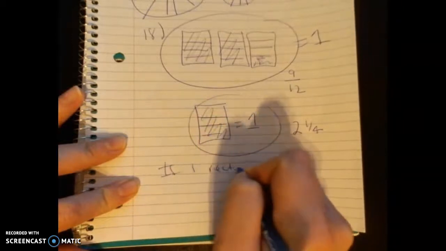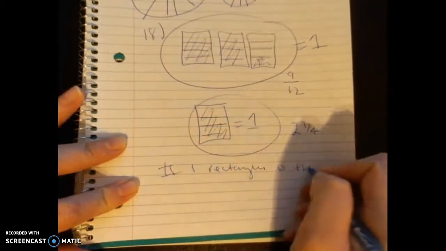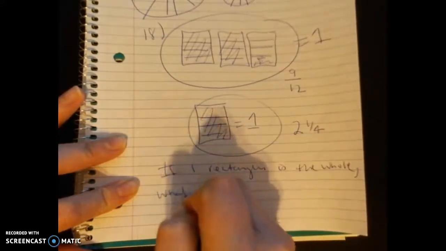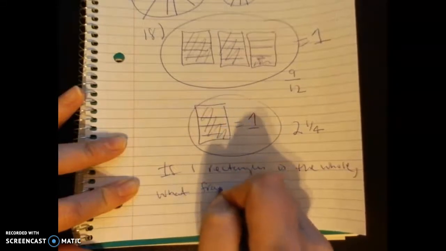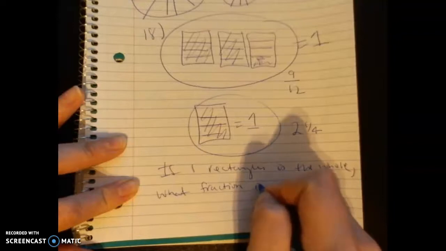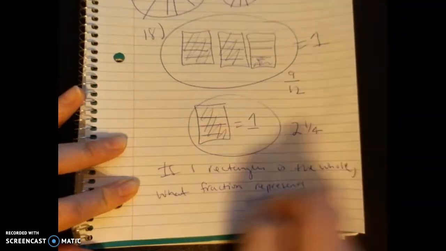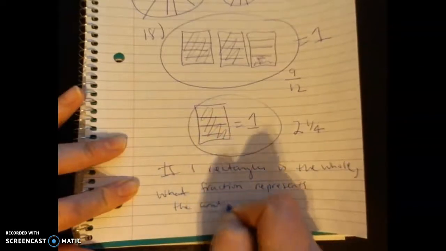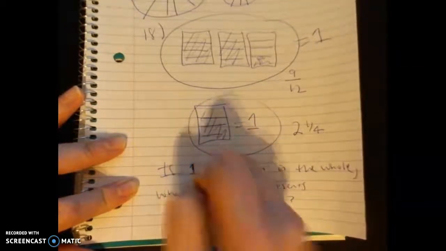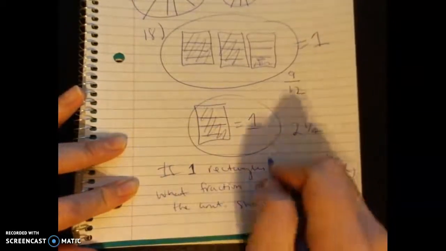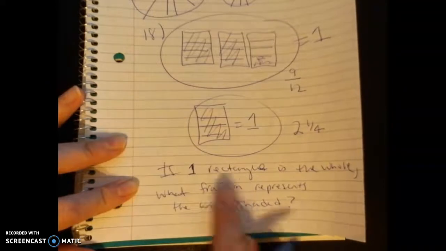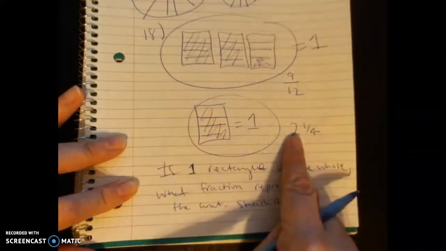And then again, if I want it to be unambiguous, I would have to say, if 1 rectangle is the whole, then what fraction represents the amount shaded? So if I said then, if 1 rectangle is the whole, so that just singular, 1 rectangle is the whole, what fraction represents the amount shaded? Then her answer would be right. And if I change